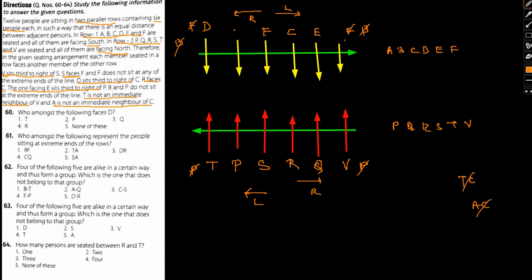Now, what else do we have? So here all this are done. So far our conditions aren't being violated, and here what else are done? D done, F done, E done, and C done. So we need A and B. B and P do not sit on the extreme end. B cannot be here, so B will be here, and this will be A.